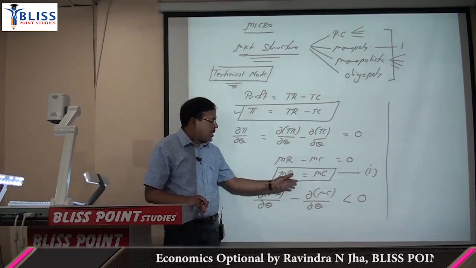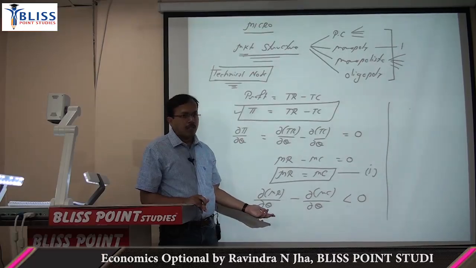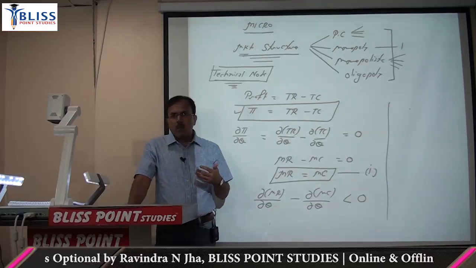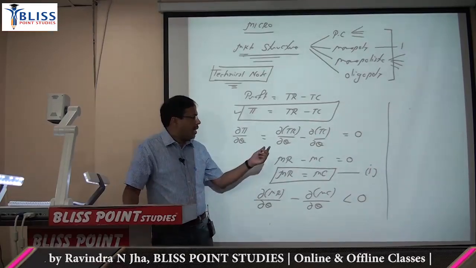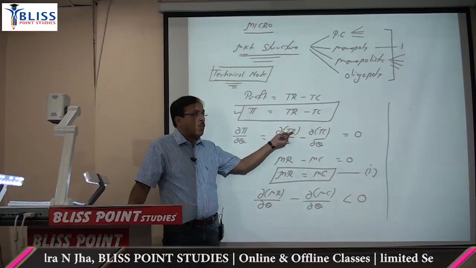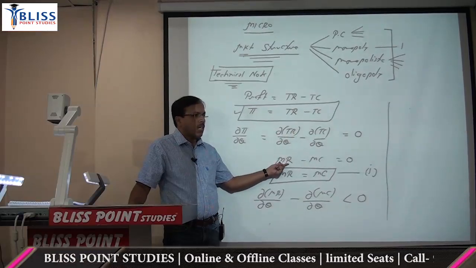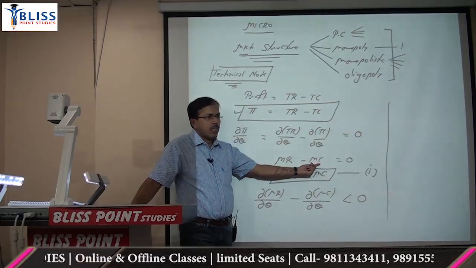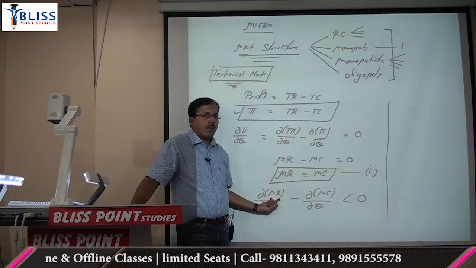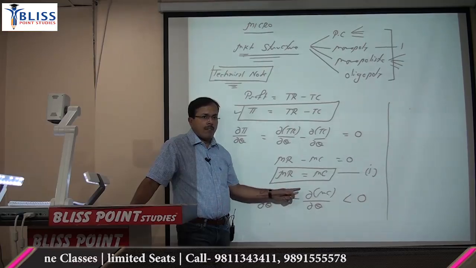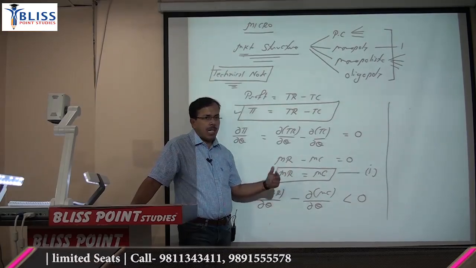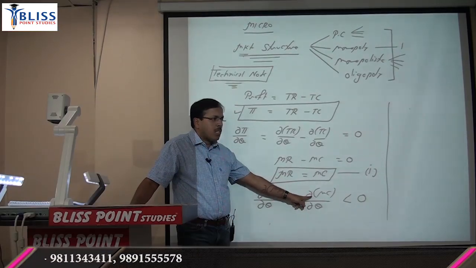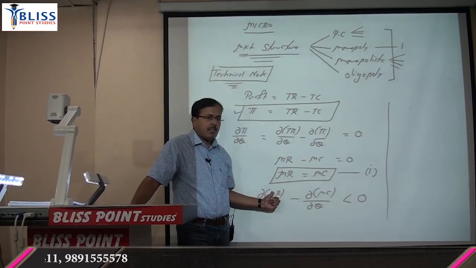But if this entire number is less than 0, it means what? Which number is greater? Derivative of MC is more. Whenever you differentiate a function, you get the slope of that. So when I differentiated TR, I get slope of TR, and slope of TR is MR. When you differentiate TC, you get slope of TC, and slope of TC is MC. So when I differentiate MR, I will get slope of MR, and when you differentiate MC, you will get slope of MC. But if this entire number is negative, it means derivative of MC is more as compared to derivative of MR,